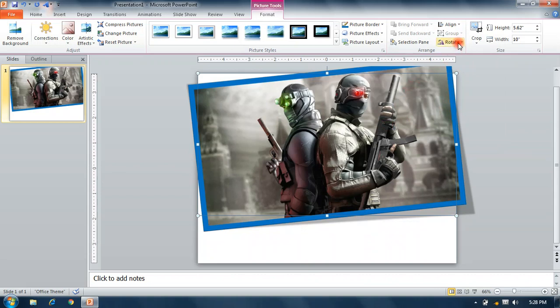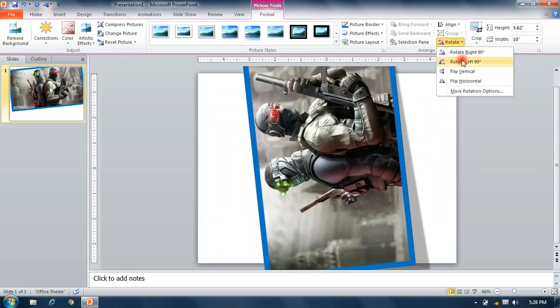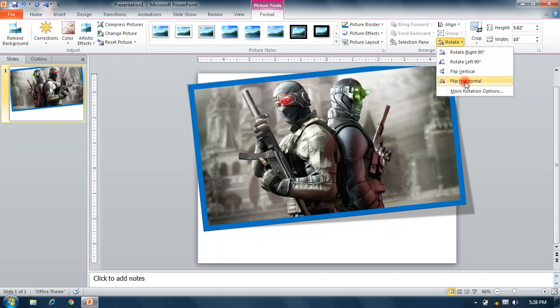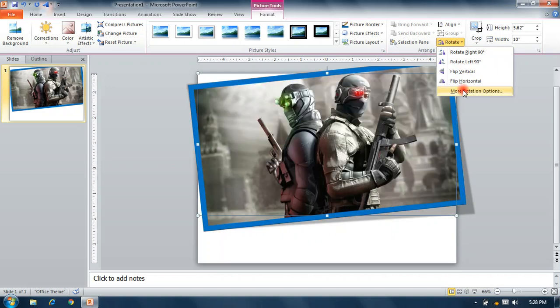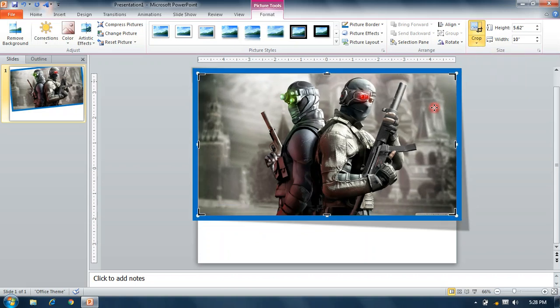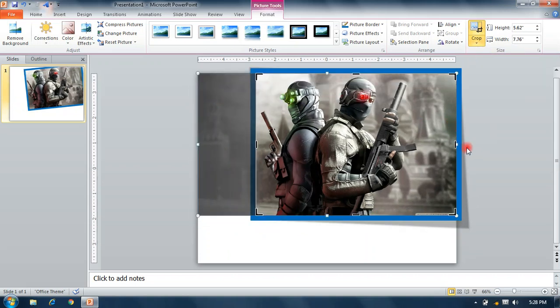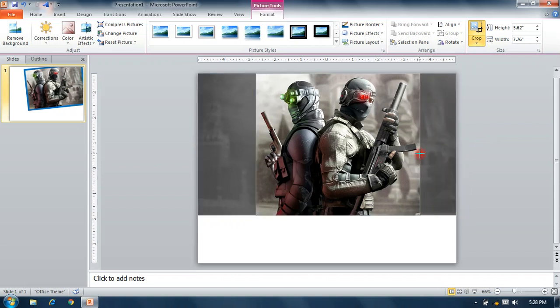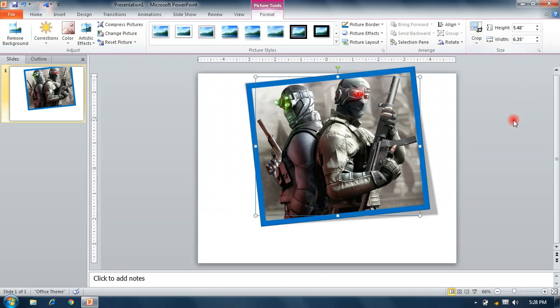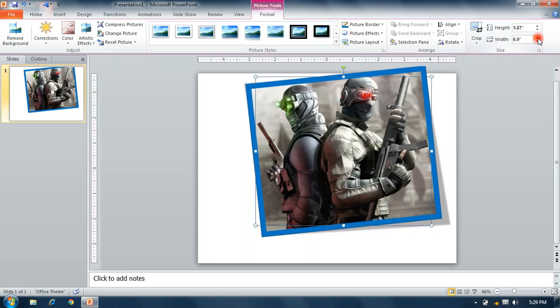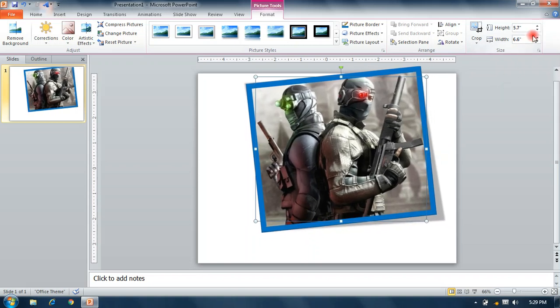Okay, Rotate, you can rotate your picture from this: horizontal, vertical, left, right, by degree. Crop, you can crop your picture from this. Crop and cut your picture and remove unnecessary parts. Okay. Height and Width, this increases the height and width of your picture.